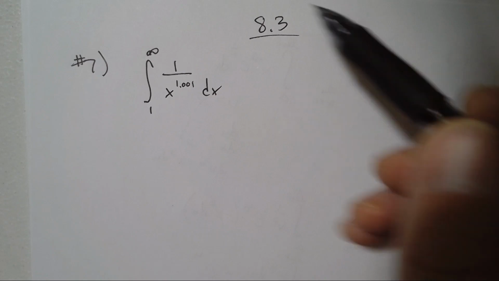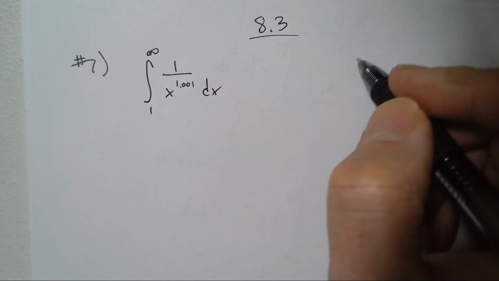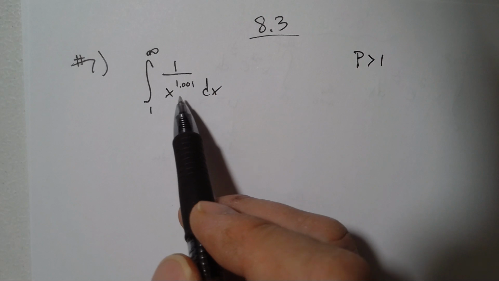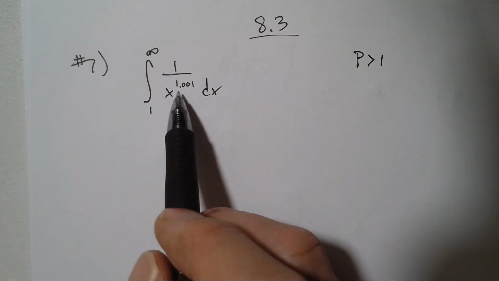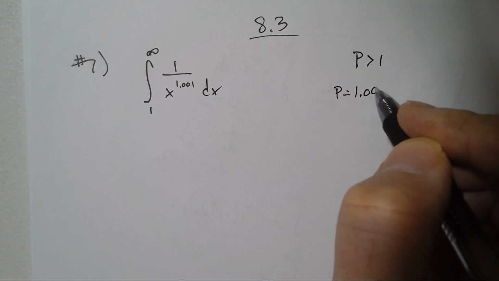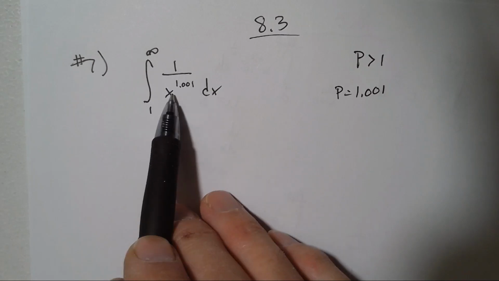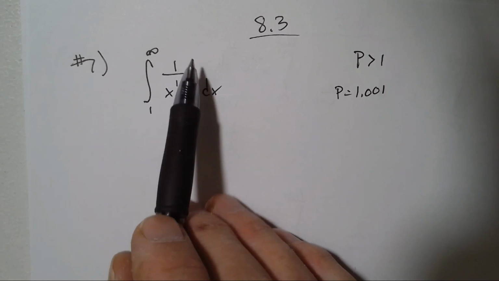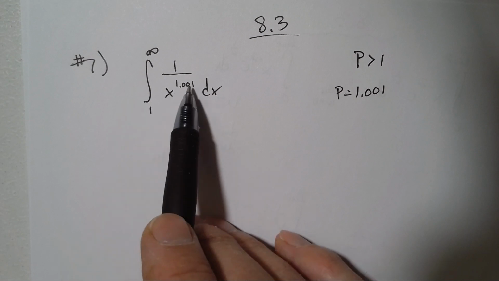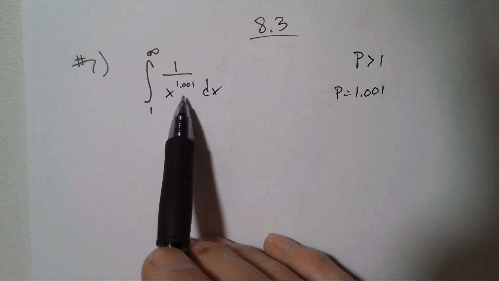While looking at this, I know that it's going to converge, because as long as p is greater than 1, it's going to converge on the bottom, and p here is 1.001. So it's just barely, look, if it was 1 over x, it would diverge. But as long as it's 1 over x to the 1.001, it's going to converge. If it was 1 over x to the 1/2, it would diverge.